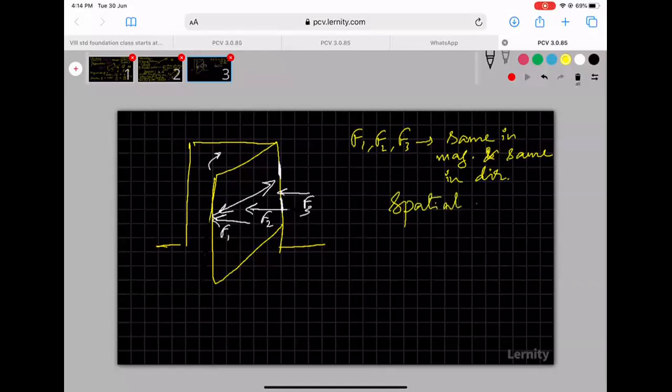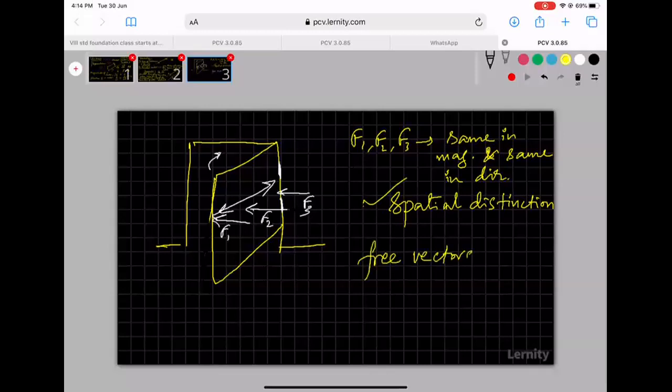If a vector acts at a different point, then you say it's a different vector. You consider both cases to be different vectors, even though they are of the same magnitude as well as the same direction. Until that chapter, in the chapters kinematics, forces, and all these chapters, we are going to deal with only point objects. So we can consider that vectors are free vectors.